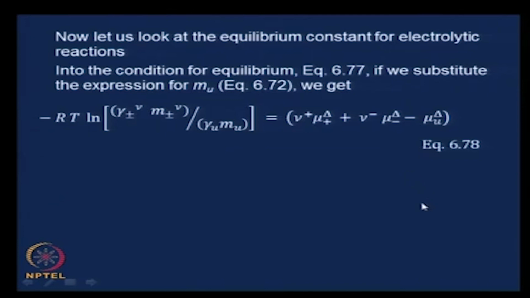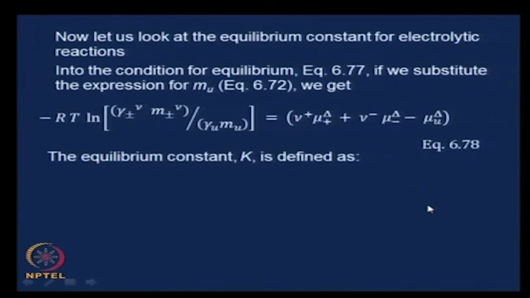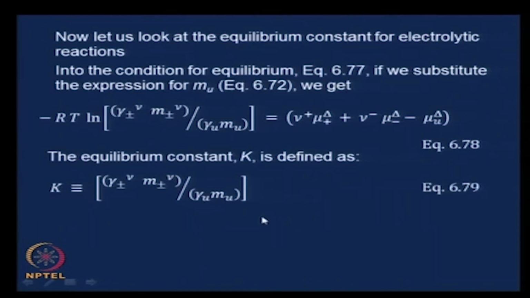Equation 678, and now it must be clear to you, following the same strategy as for non-ionic reactions, we can see what the equilibrium constant is going to be defined as. We are trying to get a minus RT ln k term here, therefore k is defined as this one inside the brackets, gamma plus minus raised to the power nu m plus minus raised to the power nu divided by gamma u m u. Let us call this equation 679,